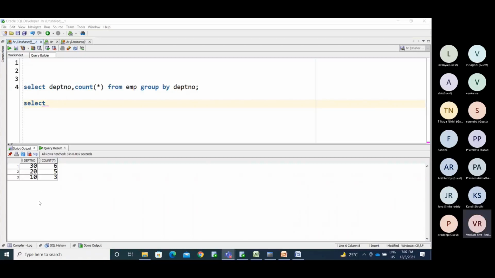Now we have the three department numbers here. We have the three subjects. If we want to make it like that, so case when DEPT number equal to 10, then what we have is the employee number. So we need to find out the employee number, and mention the column as number 10.